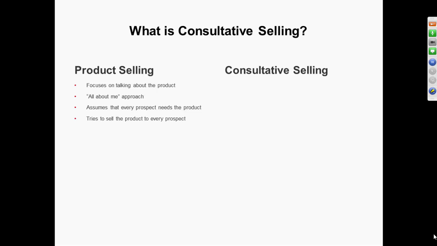So because a product selling salesperson thinks everybody needs their product, they try to sell to everybody. And it's not to say that this type of salesperson is walking down the street, walking up to everybody trying to sell, but think about the prospects that they cross paths with, whether they're at a networking event, whether they're making cold calls, sending an email, on the phone, they're interacting in some way or another with a potential prospect, they're trying to sell the product. They are focused on selling products to prospects.